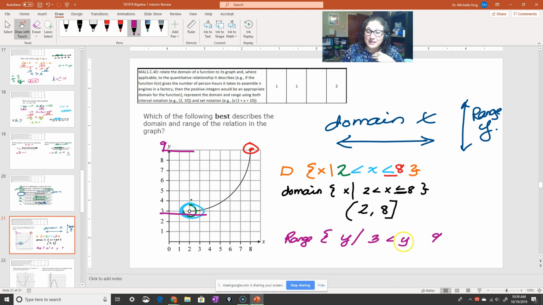Again, I know my signs have to go like this. And this is open, so I do not put anything underneath that first sign. This one is closed, so I do put it in between my first sign. And then that's done, set notation. I know my numbers again to make it interval notation are 3 and 9. Because this is open, I know I'm going to be curved. Because this over here is closed, I know I'm going to be a hard bracket.